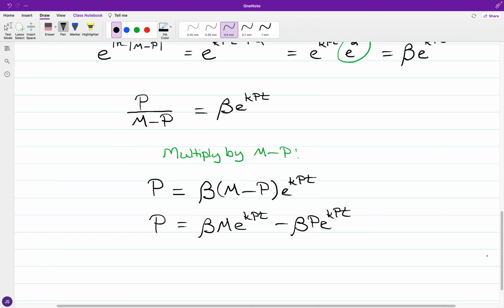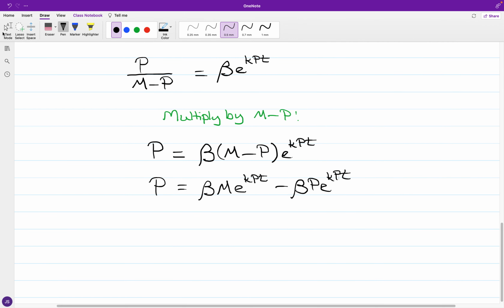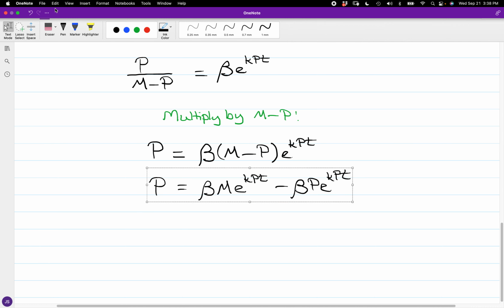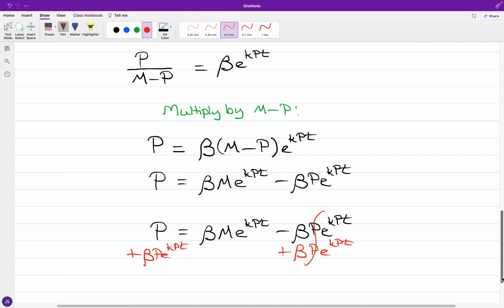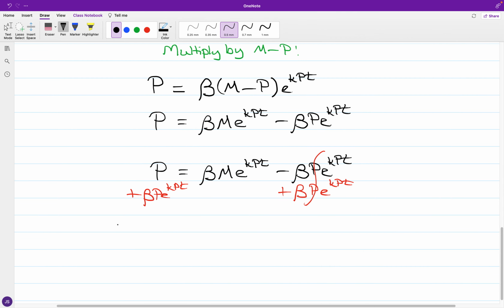Right. And notice we have a couple of P terms, and if I join the P terms together, I have just the letter P by itself on the left, and if I join with beta times P times e raised to the kPt, and add these terms together, I would just go ahead and write solely in terms of P. So we have P times the quantity of 1 plus beta times e to the kPt